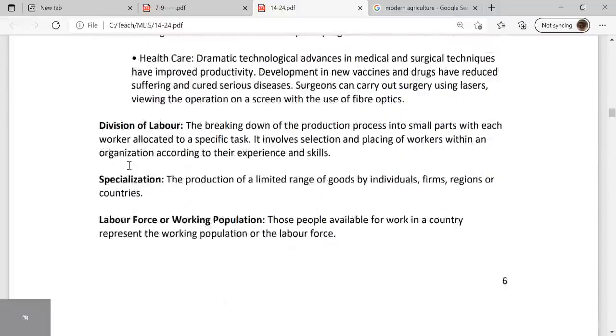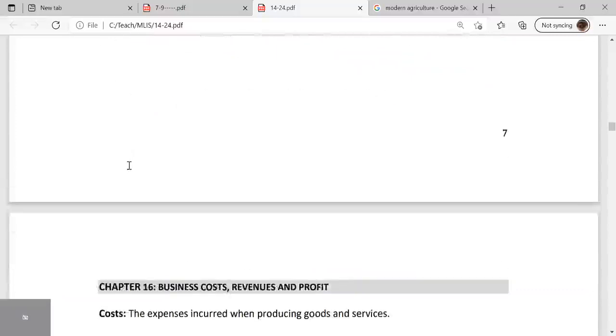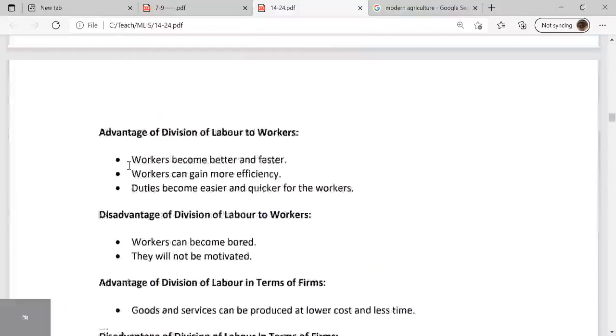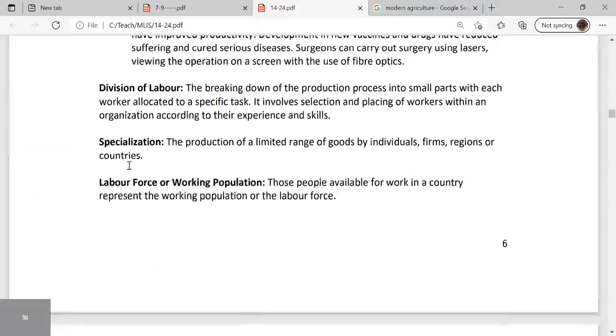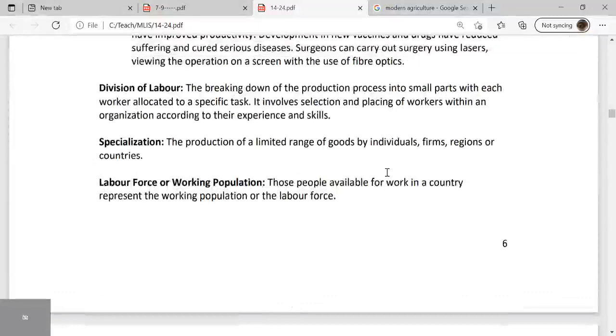Okay, so there's some definition here. I don't think we'll be able to finish it today. If we can't, then we'll start from this topic in the next class, inshallah. So we have division of labor. Division of labor means we are breaking down the production process into small parts and